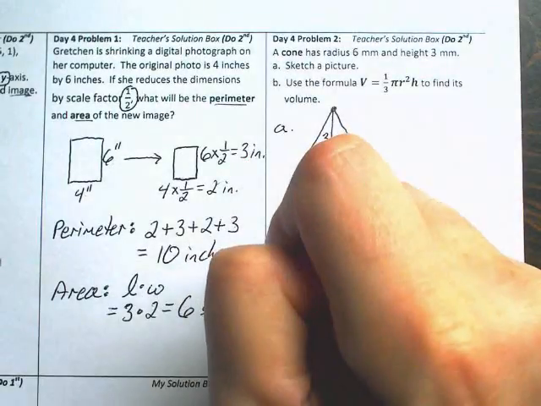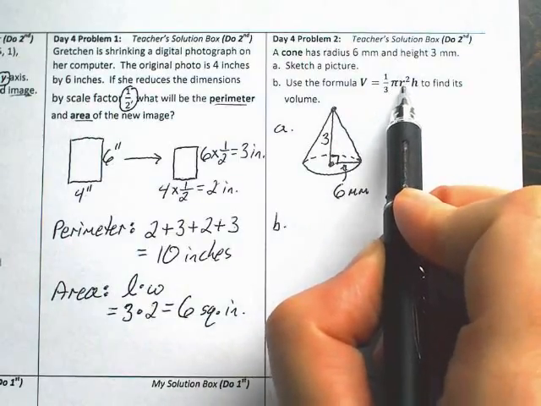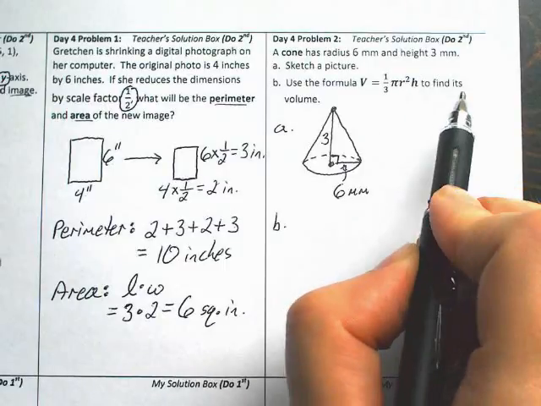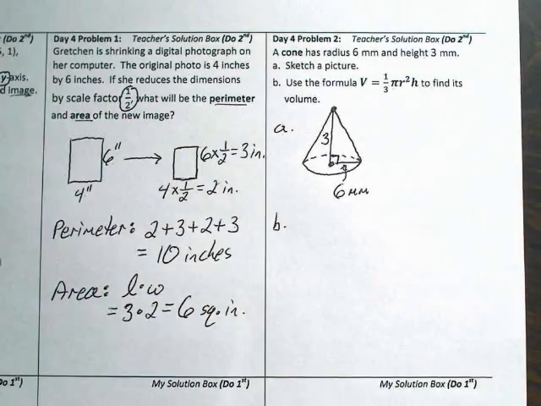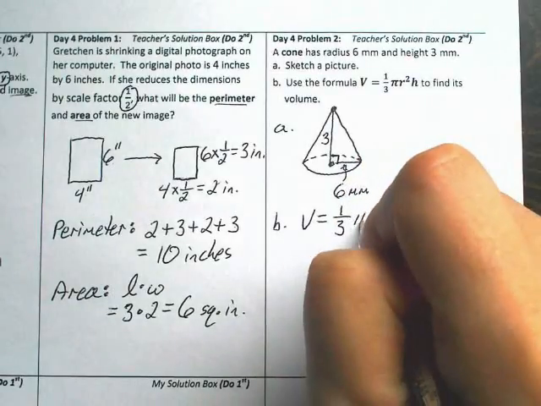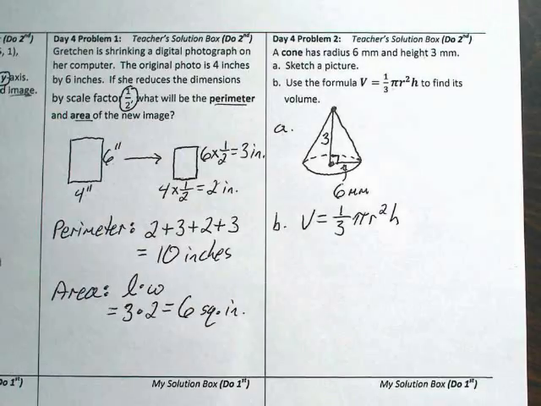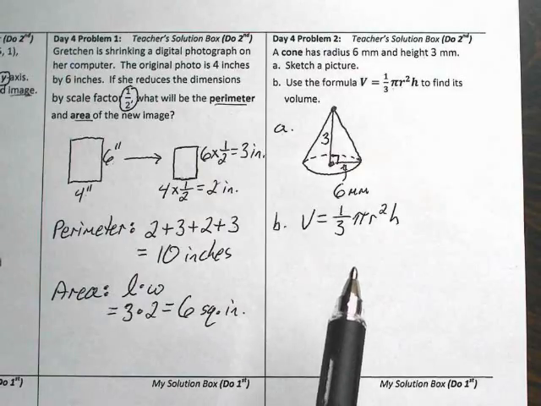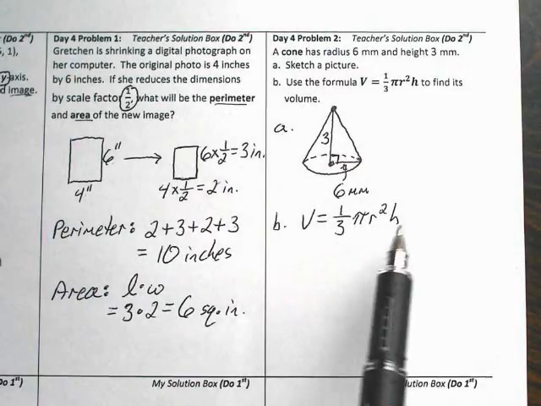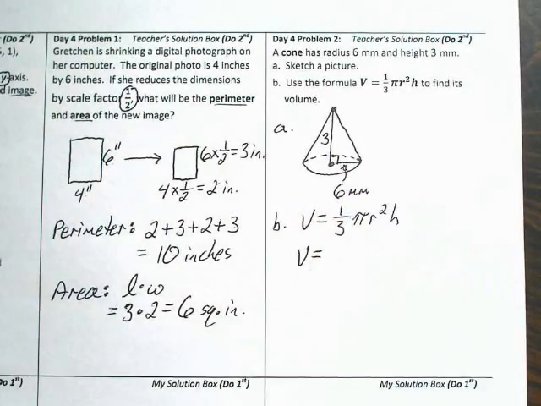Now part B, use the formula V equals 1/3 times pi times r squared times h to find its volume. How much space is within this 3-dimensional object called a cone? I'm going to start by writing that formula down. And as with other math formulas that we've used this year, to use it means to substitute numbers from our drawing in place of the various symbols in the formula. So we'd like to figure out the volume, that's the letter V,